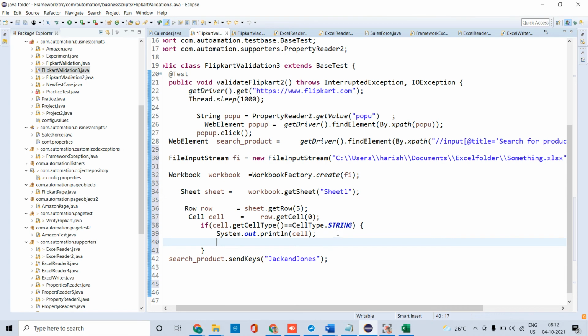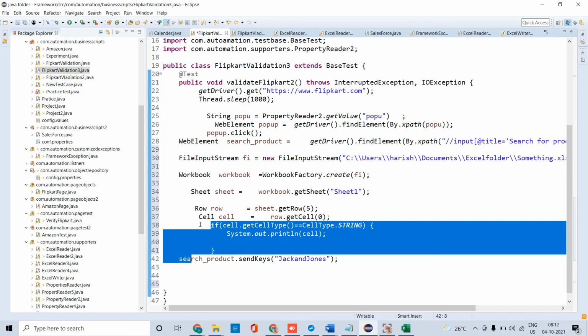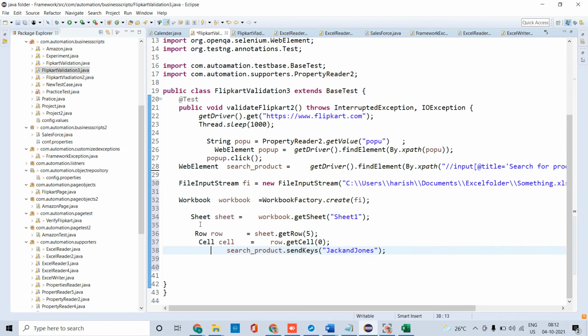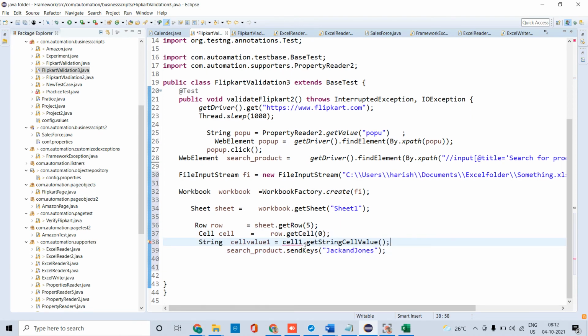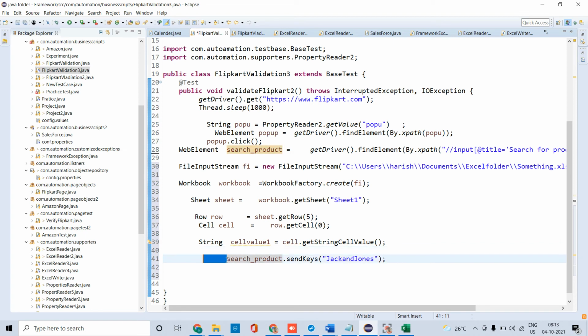So now I will take this one instead of that. Here the data would be cell. Now it will take string type of data, because in send keys I want to send only string type of data.